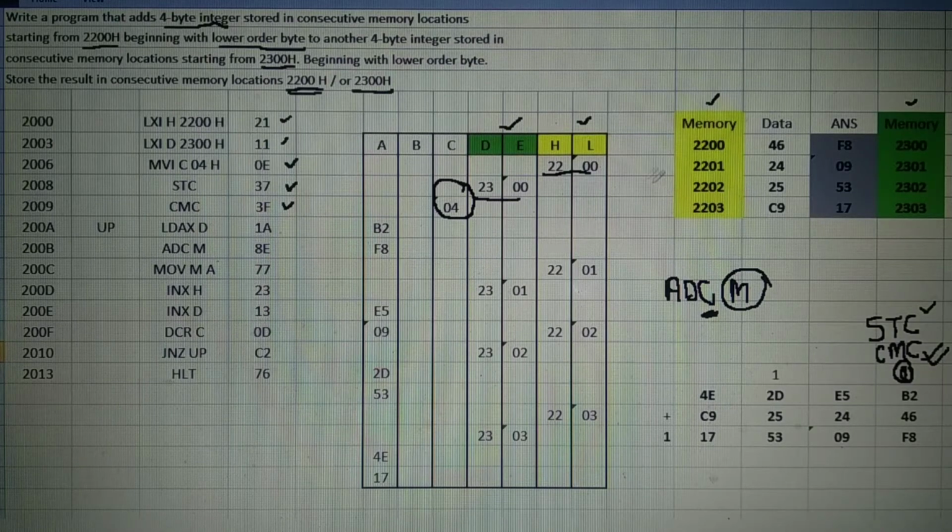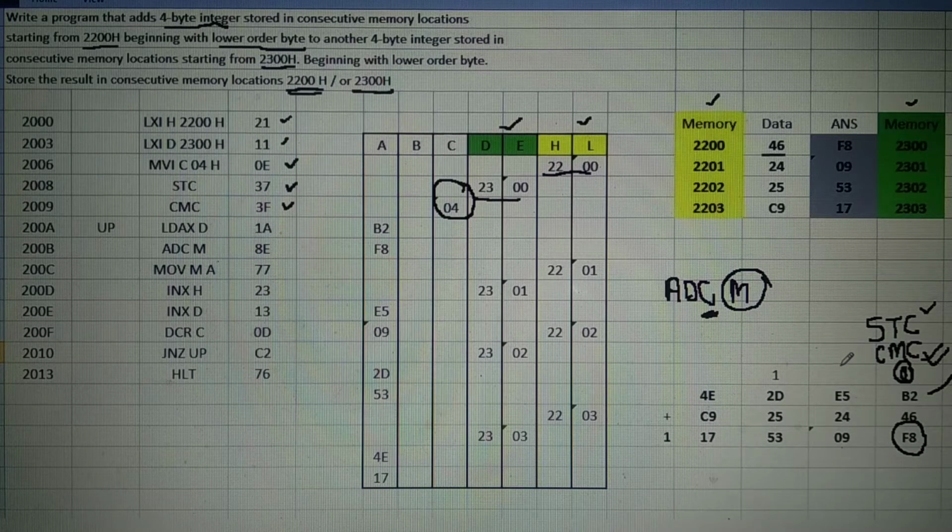LDAX D, DE represented in green, therefore the number B2 is brought to the accumulator. ADC M, content of memory is added, that is 46 is added. Here B2 plus 46, F8 is the answer.